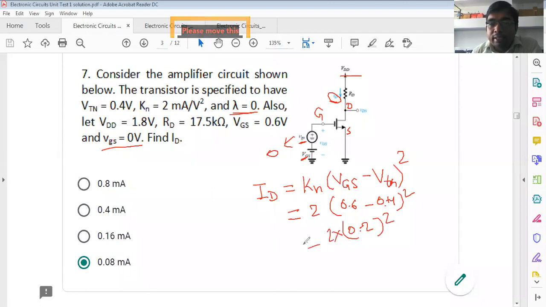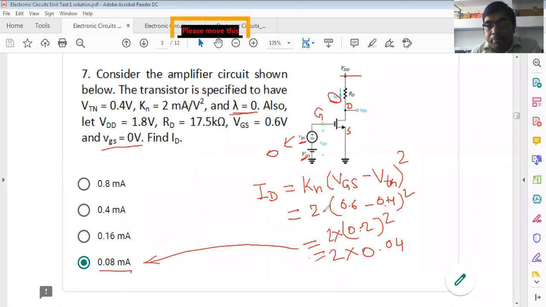So what would be the answer? It would be 2 into 0.04, which gives 0.08 milliampere. Because it is milliampere per volt square and it is volt square, the volt square cancels out and only milliampere remains. So the unit is milliampere. This is the way we calculate the current here. So in the seventh question, the answer is D,